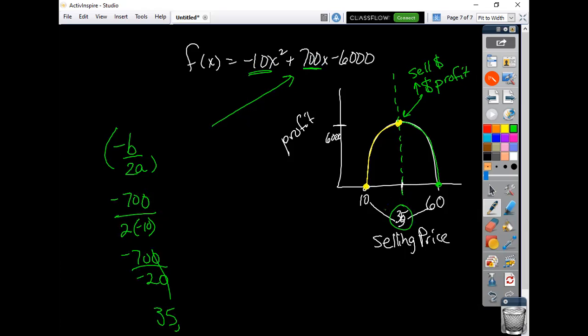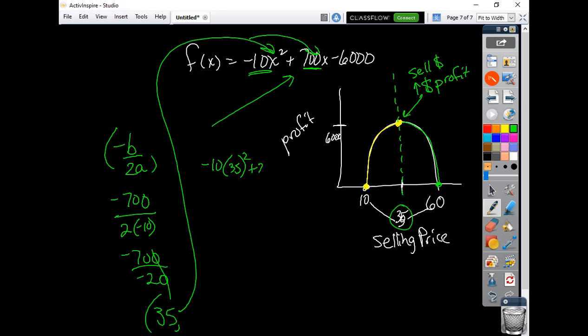But how do we find out what the profit is that we'd get from that? Again, do you remember from that last problem? We said, plug it in for your two x's over here. So negative 10 times 35 squared plus 700 times your 35 minus your 6,000. And then I would recommend just crunching that on a calculator. Be careful with those negatives. I'm going to put the 35 in parentheses and a squared outside the parentheses. And then the 700 times the 35, just use those parentheses. And if you type it just the way it looked,